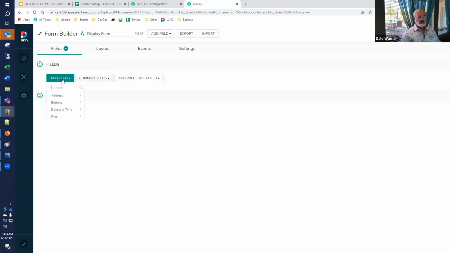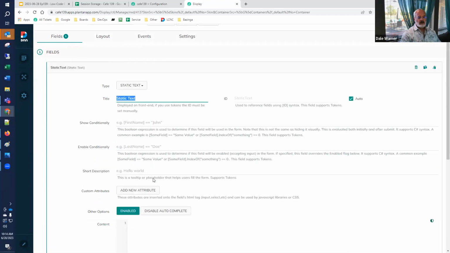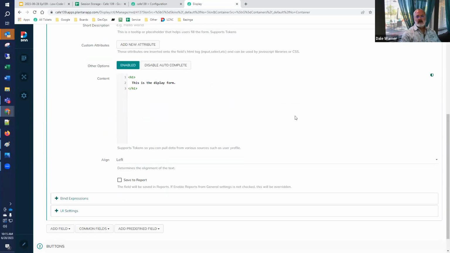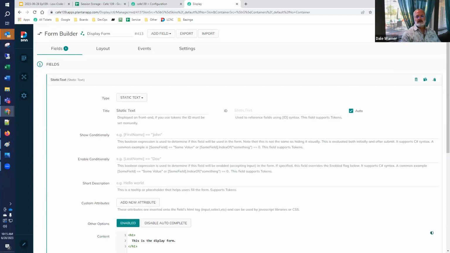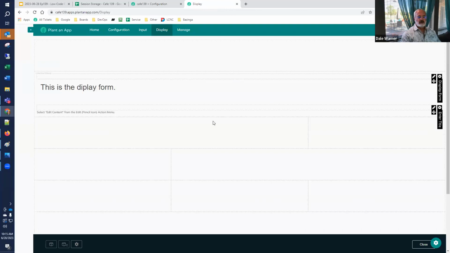And in the same way, we'll just add a nice static text here that says that this is the display form, just so we can keep track of where we are. Setup is complete, and we can dive into the